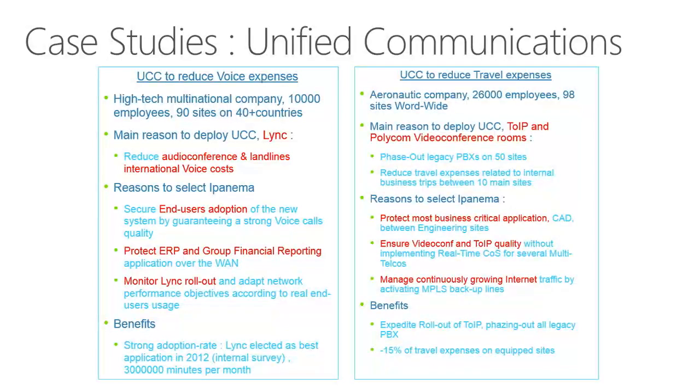In the second example, this is an organization that really wanted to optimize their travel budget. They were forever flying chief exec to various meetings and other VPs around the place. And basically, they needed to protect their critical applications. It's an aeronautics company. They were big into moving large CAD files around to be able to build aeroplanes. They wanted to phase out their legacy telephony systems.